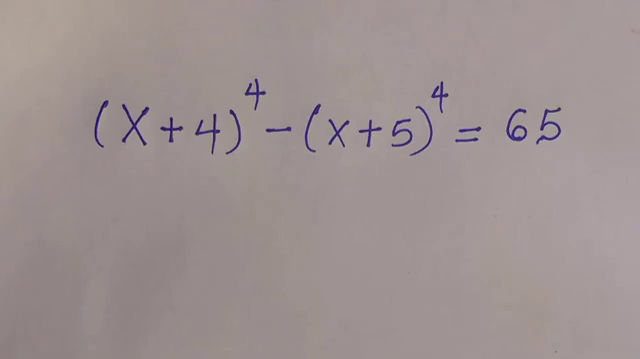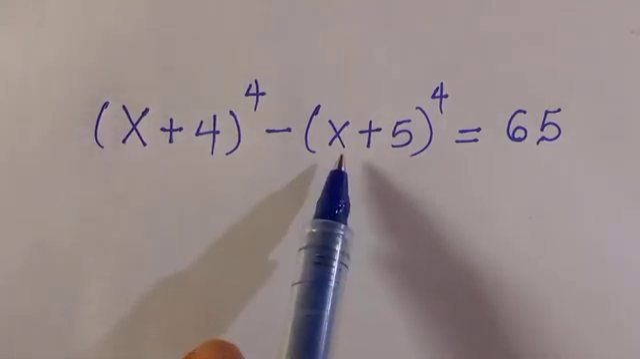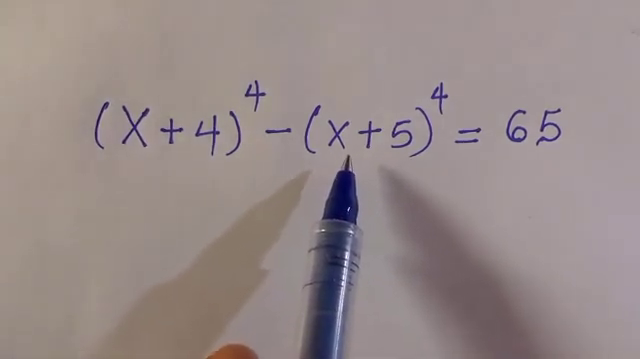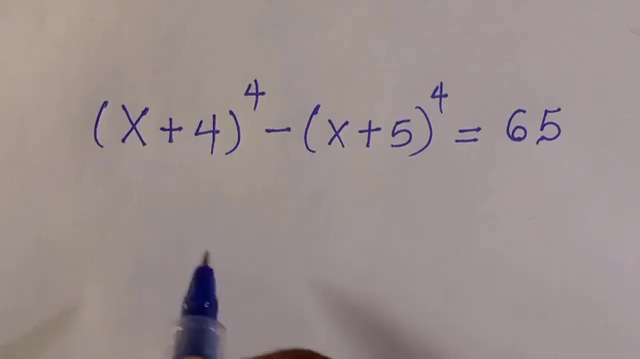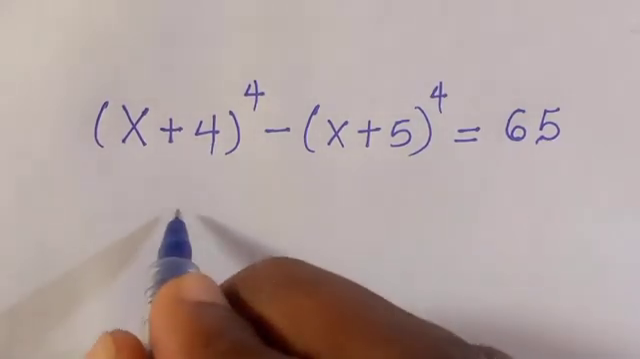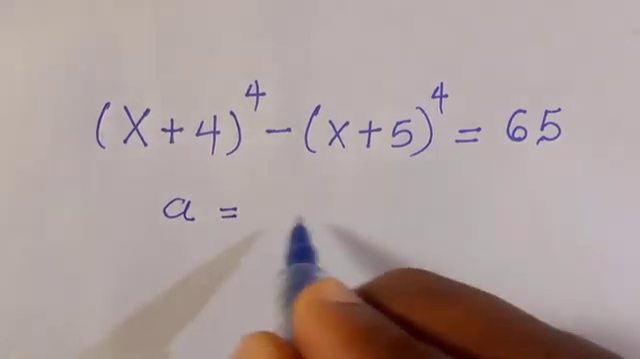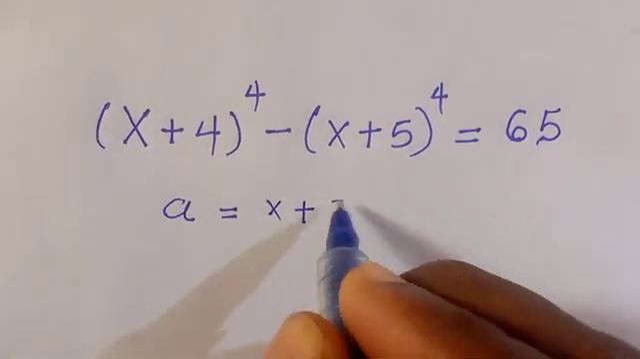How to solve this algebra problem, Math Olympiad. If we have (x + 1)^4 minus (x + 5)^4 equals 65. To start with solving this problem, we start from here. By letting x + 5 equal a, which is x + 5,